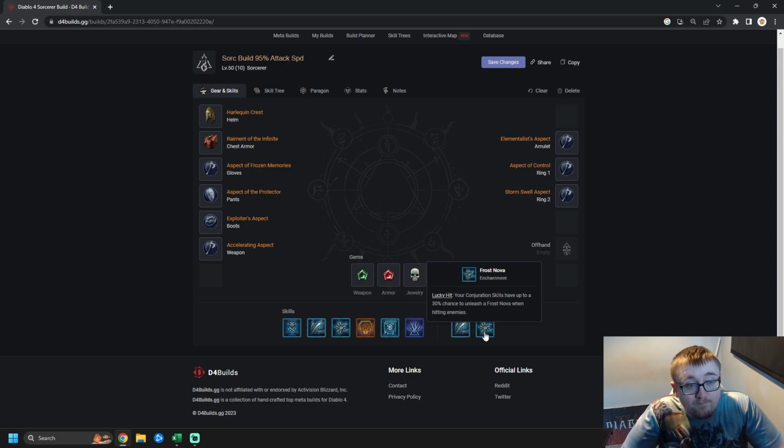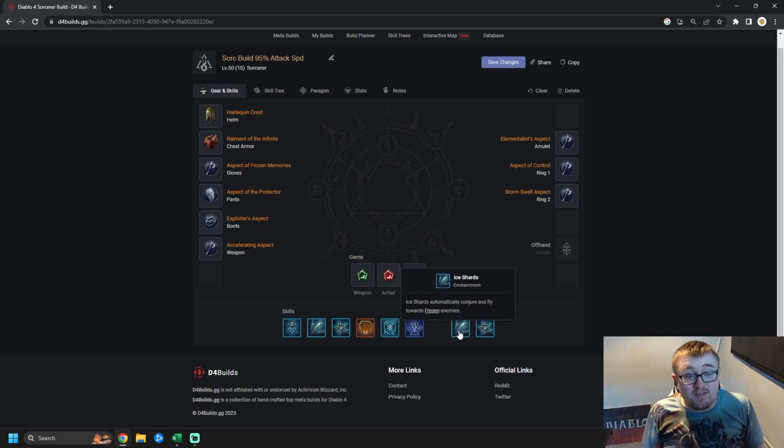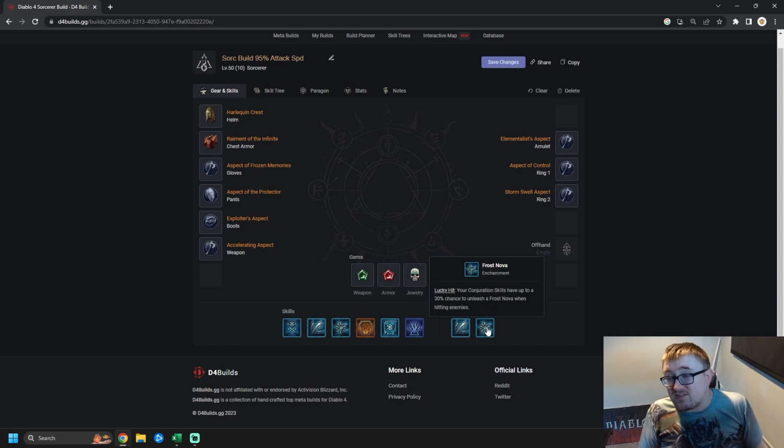Frost Nova. It means it has a 36% chance to proc instead of a 30% chance. I'll be honest, neither of them are absolutely phenomenal. The 20% damage increase off Ice Shards is nice. I imagine it's going to get nerfed, and we'll see how it goes. Realistically though, it's worth it. Because the extra 6%, the extra 20% chance to proc Frost Novas just means you will be spending less time